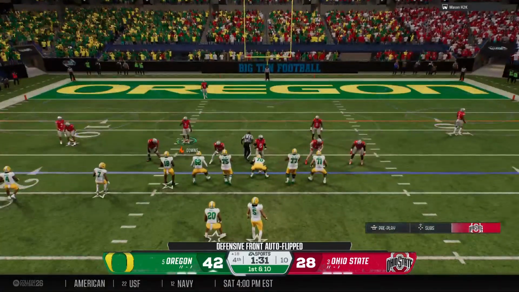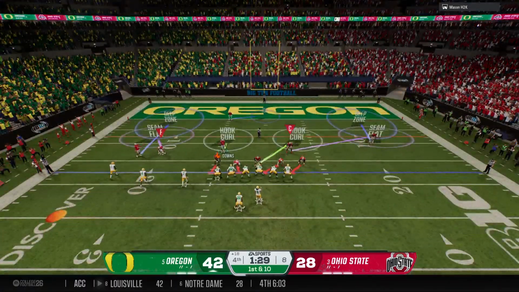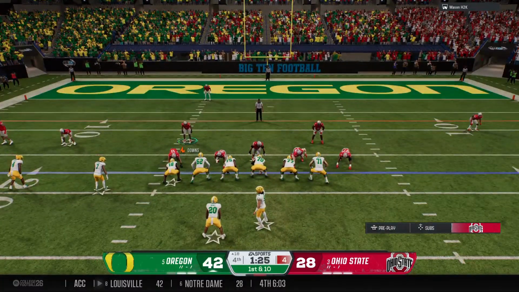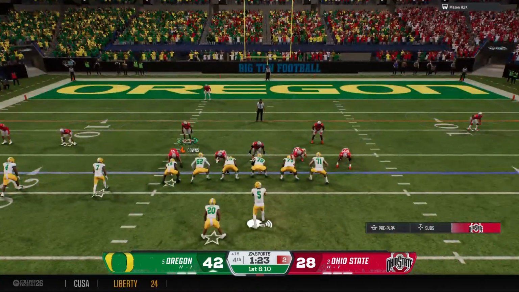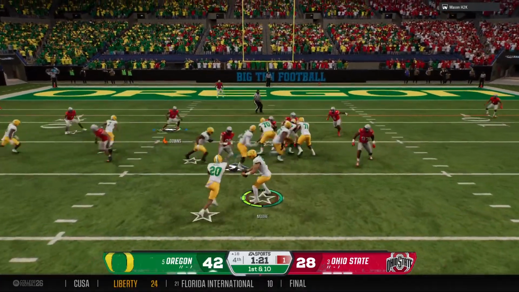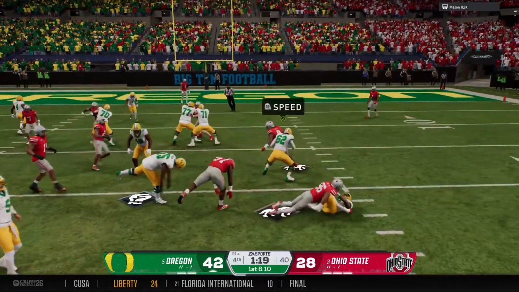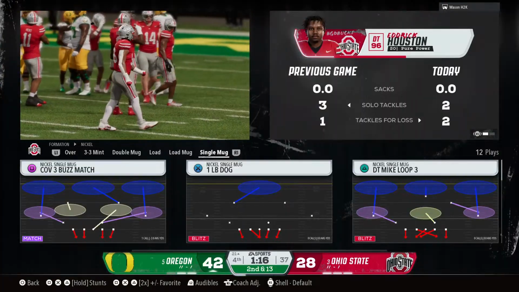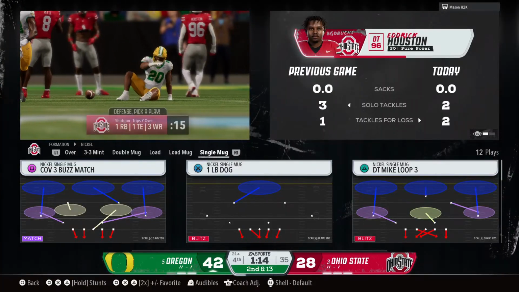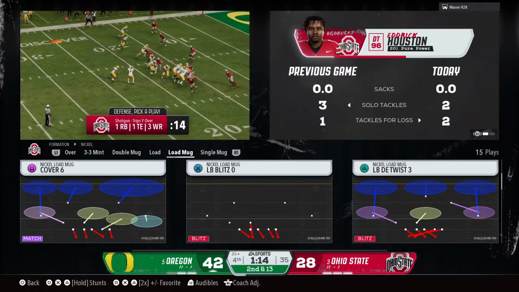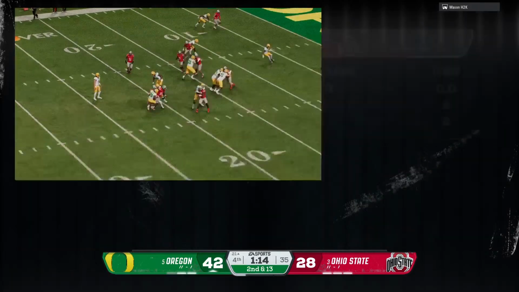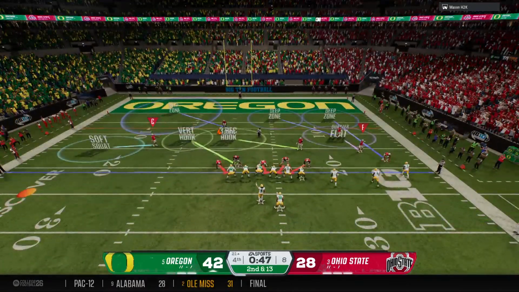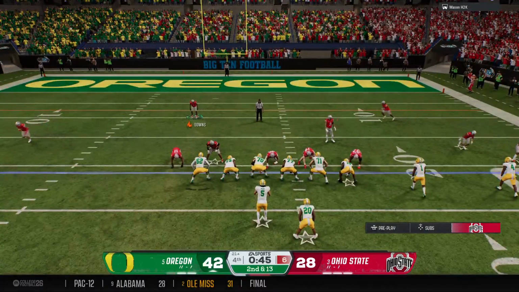Ducks are going to cash in this red zone trip. Running game is working. They'll stick with it on first down. Going absolutely nowhere. That'll be a loss on the play. That is called gap integrity. Nice job by this defense of taking away that inside run and then using their speed as the back tried to bounce that to the outside. There's just no room to run.